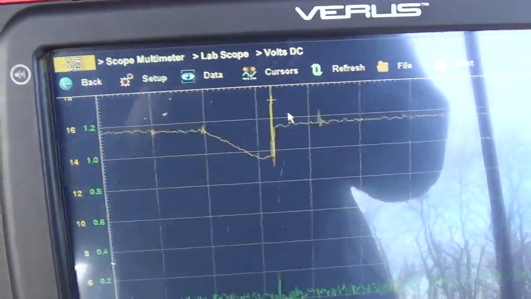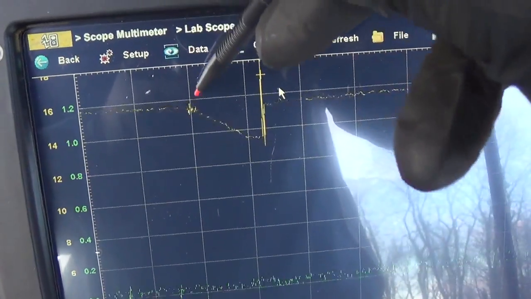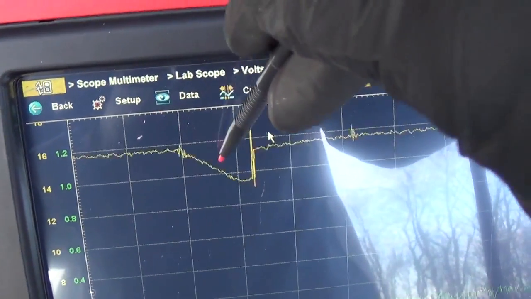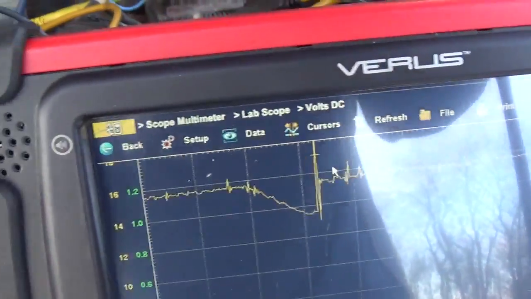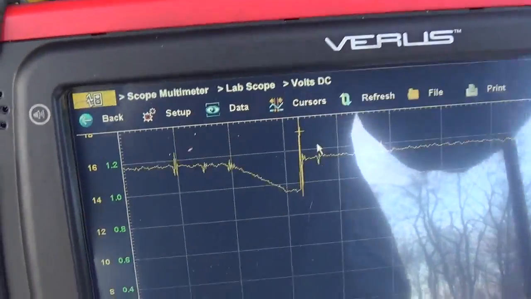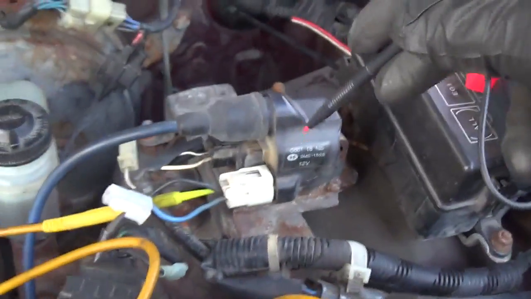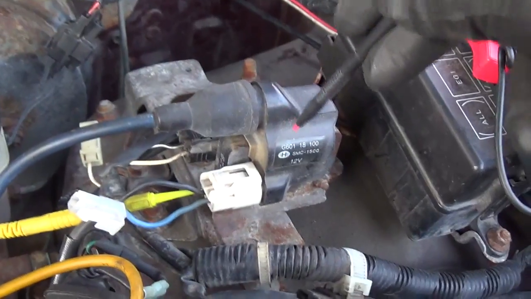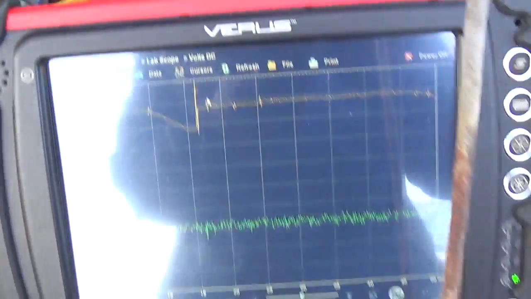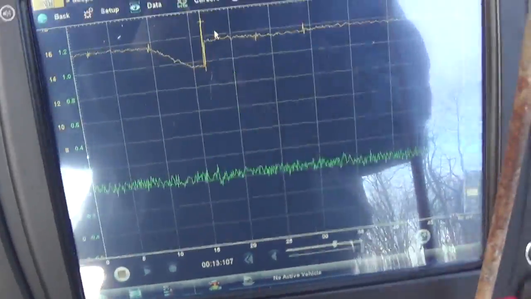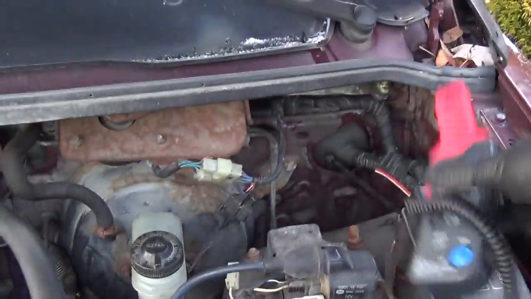Now you see the drop in voltage right here, that's when the ignition coil, the primary, is being turned on. So the voltage in that circuit is actually dropping just because the coil itself is drawing current. So that's normal. Now for the current trace, we have our amp clamp, and on the first measurement,